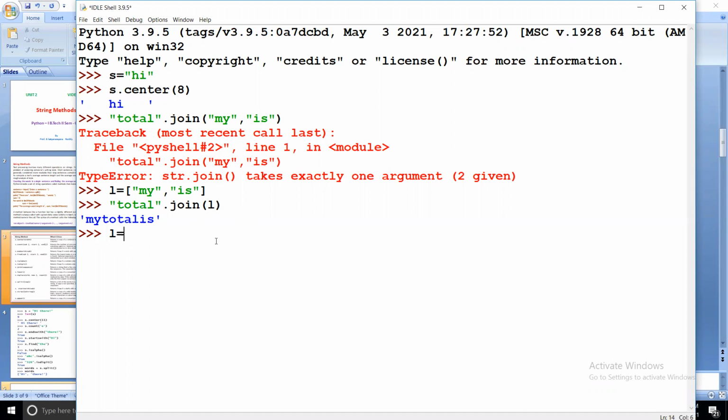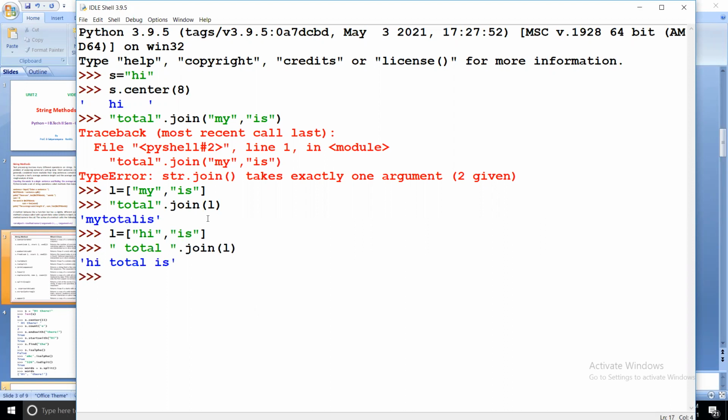L is equal to, for creating a list, you need to use a square bracket and use any number of strings for creating this list. Hi, I'm creating two strings as a list now. Then now I will call total with some spaces on both sides dot join of, and specify that sequence of strings L.